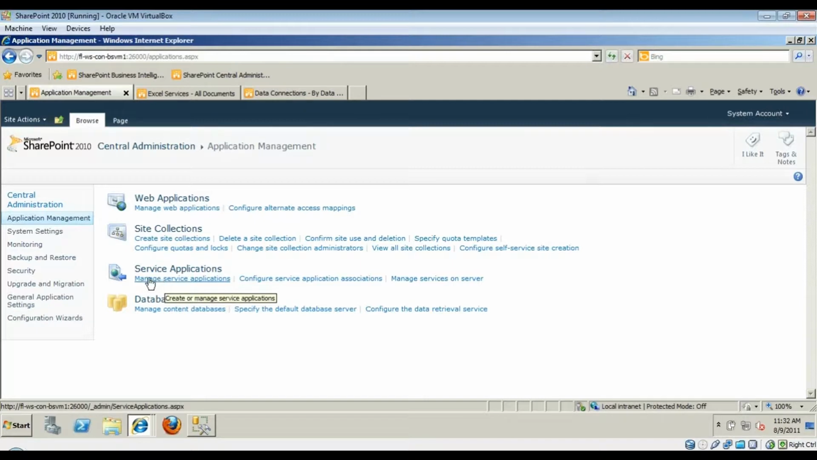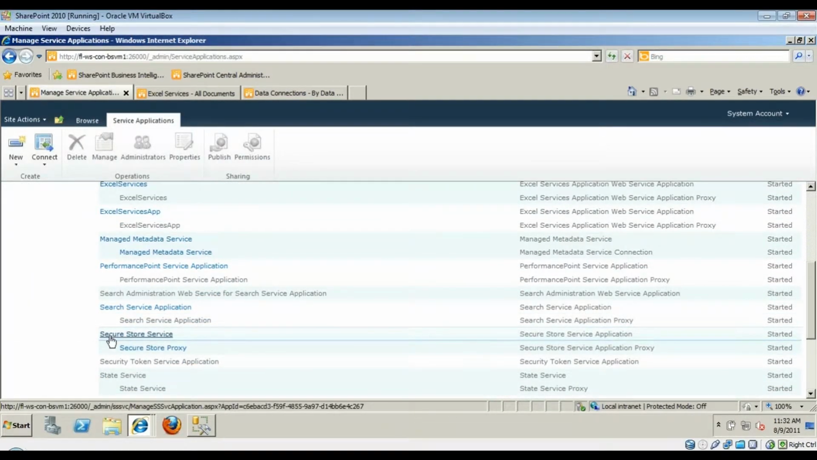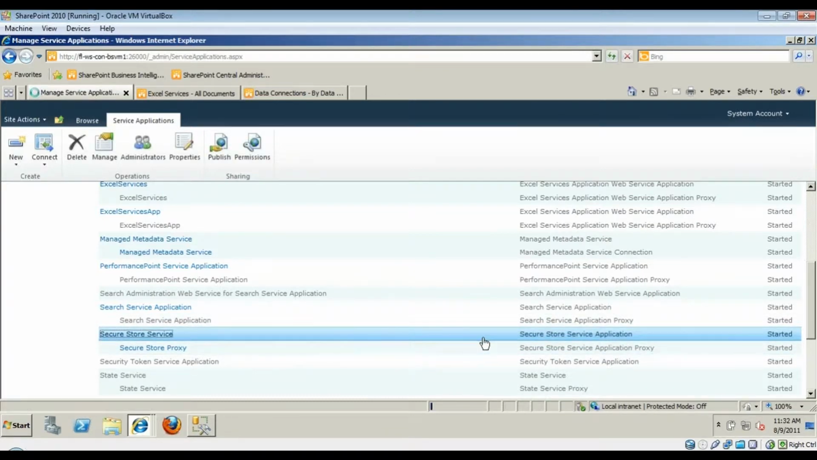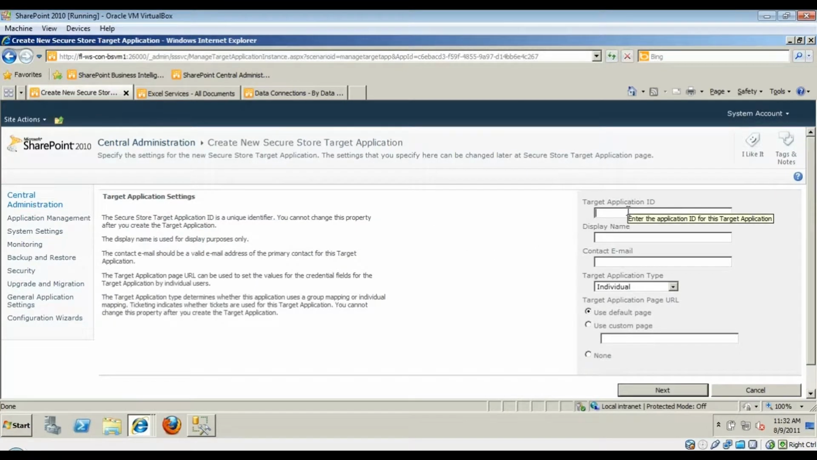So if we come into managed service applications again, you notice as we scroll down here we have a secure store service. When you click on that, it's going to open up another configuration screen for this. I have an unattended service account in here already created, but if it's the first time that you come in, you're going to need to generate a new key, and then you can start creating service accounts. So it's a real simple process. All you do is click New,